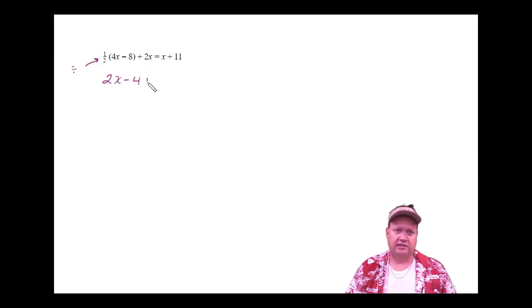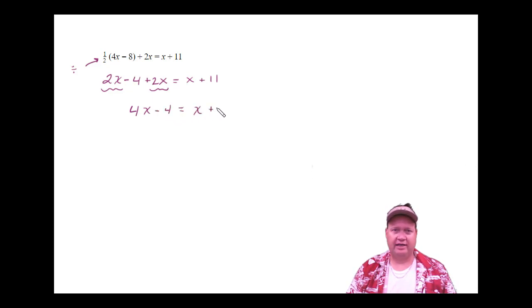This wasn't in the parentheses, so we don't need to touch it. And equals x plus 11. And we got some like terms. On this left side, we have 2x, and we have another 2x. And we can combine those because they're on the same side of the equal sign. So if there's 2x and 2x, that is going to combine to make 4x minus 4, don't forget that, equals